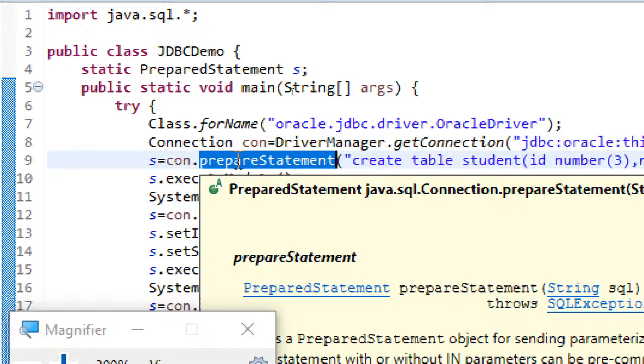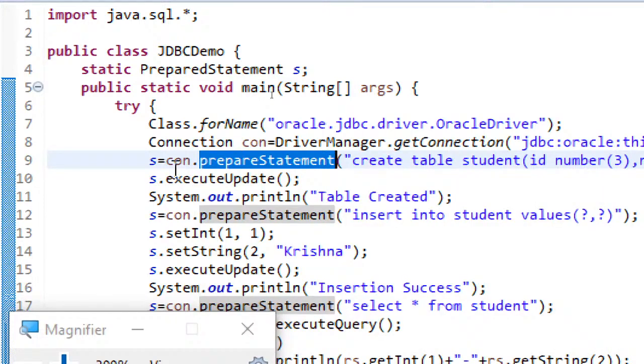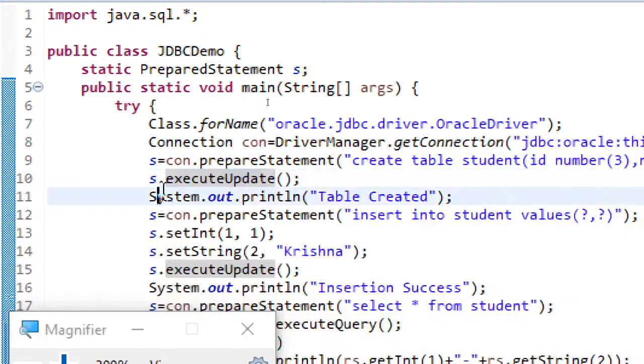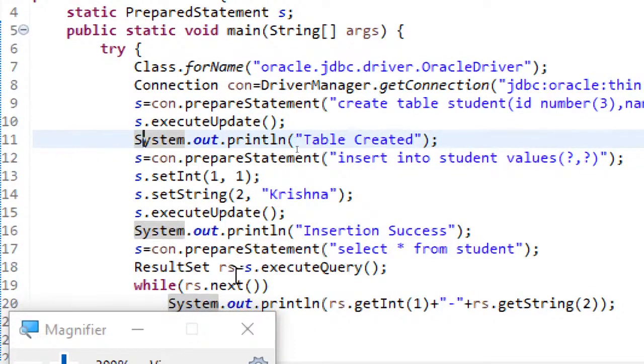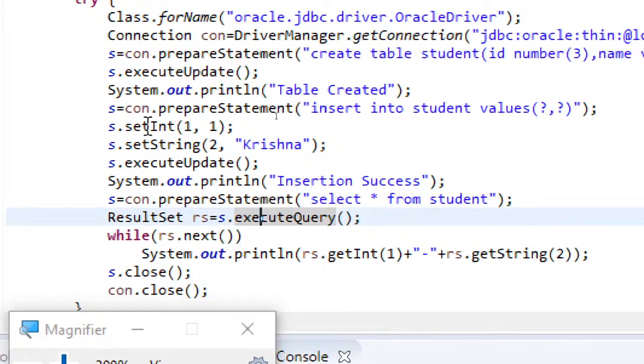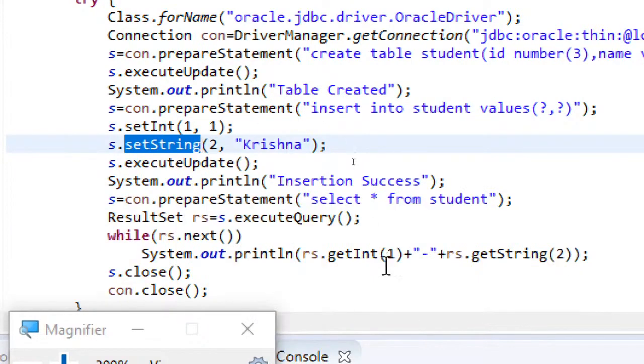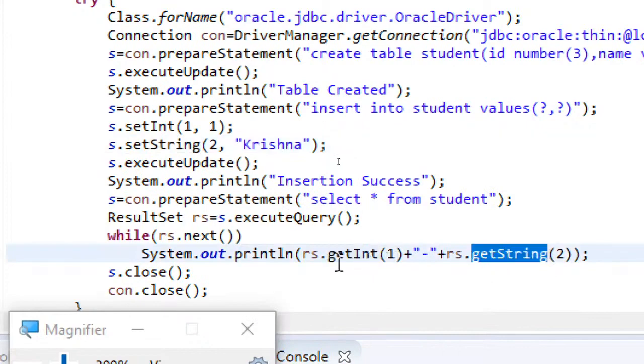This prepareStatement method returns the prepared statement object. So the prepareStatement method is from the connection, which returns the prepared statement object, and executeUpdate will send the query to the database to which you are connected. And then the result set, you will be using it with the executeQuery method to get the results. And this is how you will be using the setInt, setString methods in order to insert into the table. Similarly, you will be using getInt and getString methods in order to get the values from the table. And this is what step 4 is all about. And lastly, you are going to close all the statements and connection objects that you created.